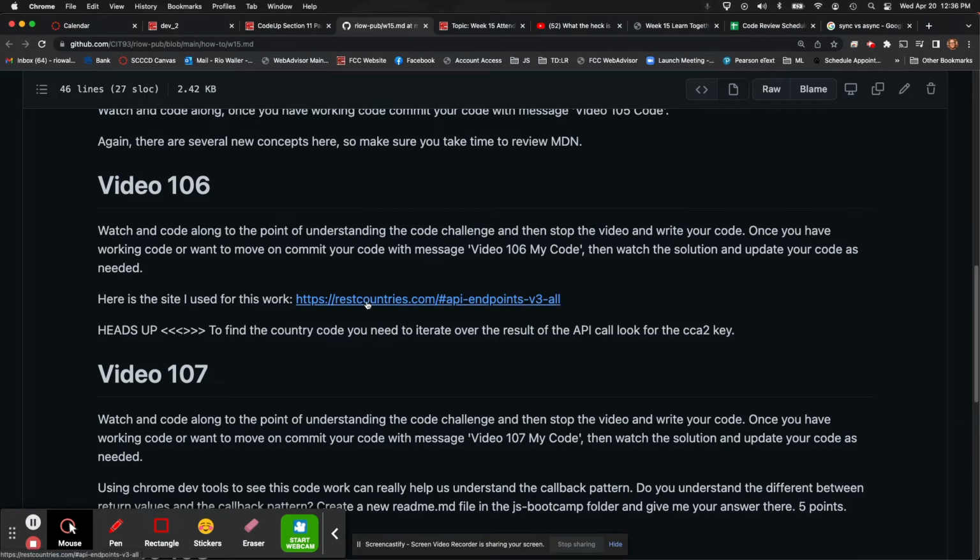He was trying to find a country code, and so this is the newest API endpoint in his video. I think he looks at version 2. And also he looks at, I think, country. It might be country code. And now it's no longer that. That's the key he looks for. It's CCA2. So I just give you that. Make sure you do check that out, because otherwise, now I think the version 2 is still out there. You can check that out, but it's kind of fun to actually hit the more modern ones in case you ever in the future wanted to use them, meaning the modern endpoints.